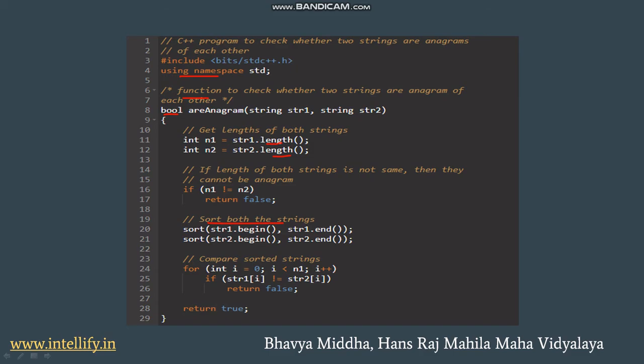The for loop is used to compare the sorted strings letter by letter. Now, if the sorted strings are not equal, then we return false. Otherwise, we return true. In case the sorted strings are not equal, we return false, which means they are not anagrams. Otherwise, we return true, which means they are anagrams. Now, in this bit of code, you've understood how you implemented the programming logic that you were taught about in the previous slide.